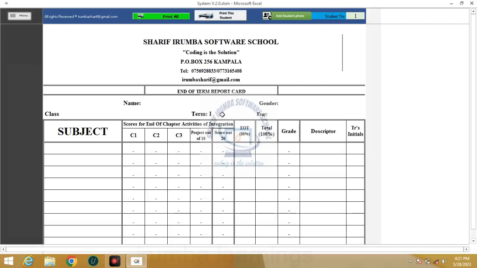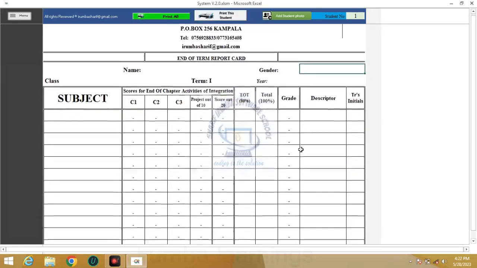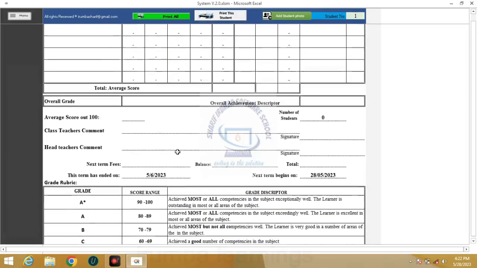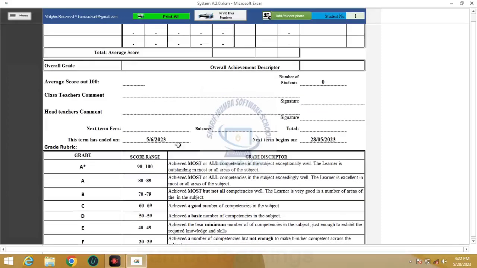Then the name of the student will also be displayed, the gender, the year, the class that you entered from the administration page will also be displayed. Then this will be the payment code. Once you have entered, it will also be displayed. The dates that you add from the administration will also be displayed beside. The next term balance from the students list will come here, and the teachers' comments from the administration will come